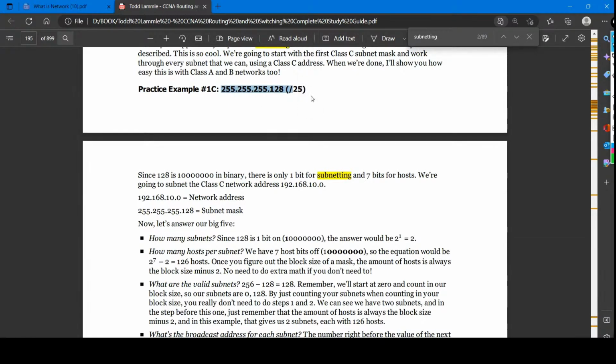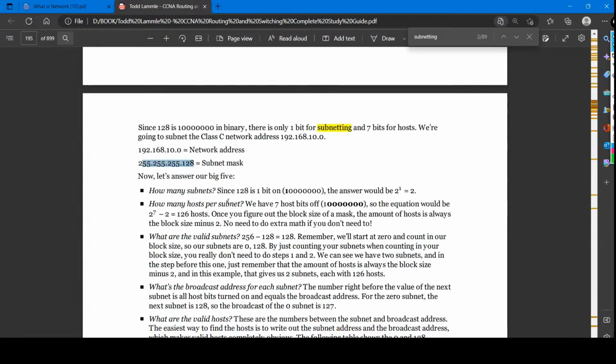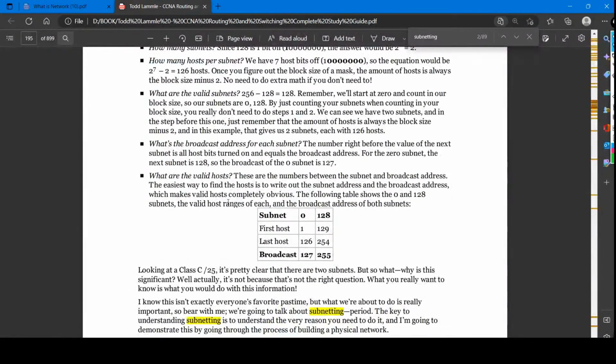255.255.255.128, that means /25. That means here we are dividing the network into 2 parts. So the first network will be this one. This one is your network address, and this one is your subnet mask. This one is your first network, and the second network will be 192.168.10.128. So the first host IP address will be this one, and the last